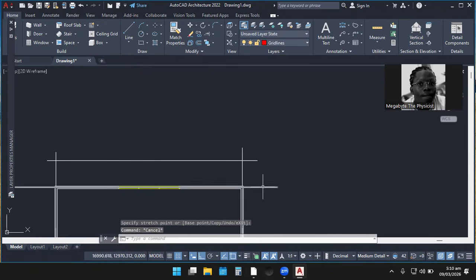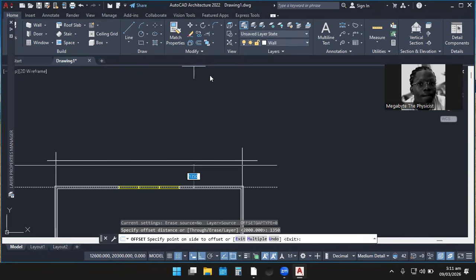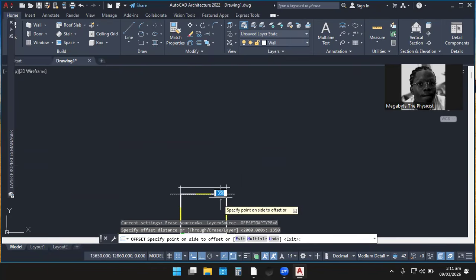I click on the line itself. Now I click on offset. So specify offset distance is going to be what? Let's do that together. 12,000 plus 150. That is 1,350. When you press enter, now you have the offset distance.